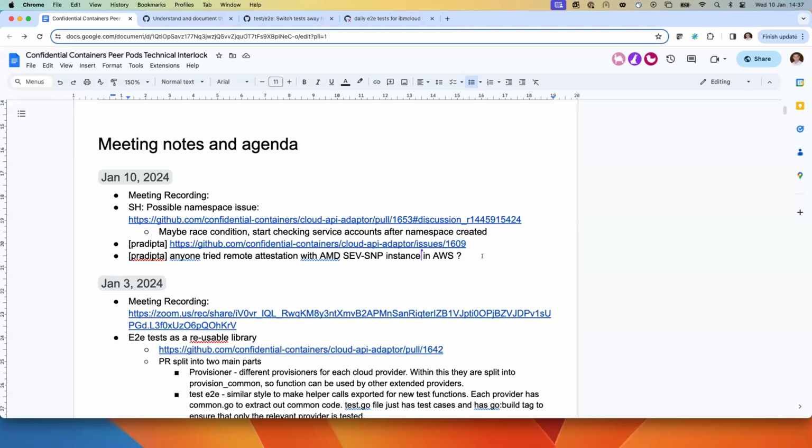And the question is more about the attestation support that we have for the regular AMD SEV-SNP. Did anyone try it out just for test, or does it work? Because it's always good if someone has already tried and it works. If it doesn't work, we know where we are starting from, and that's why I just had this question. So that's about it.